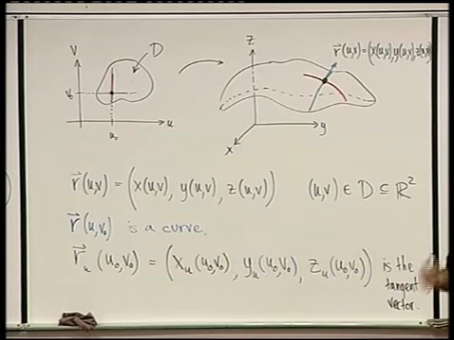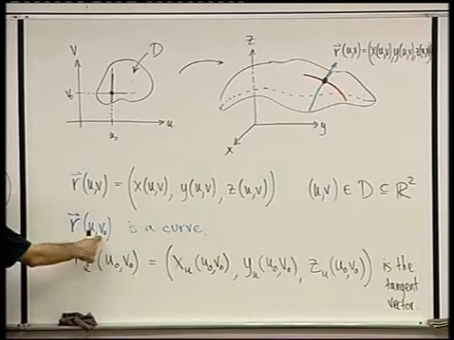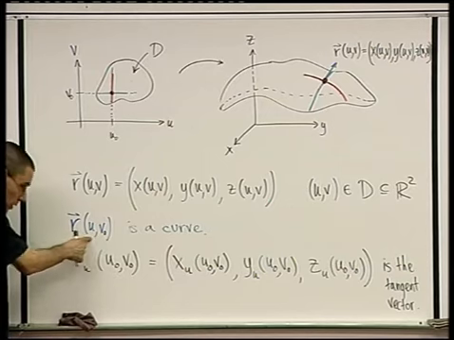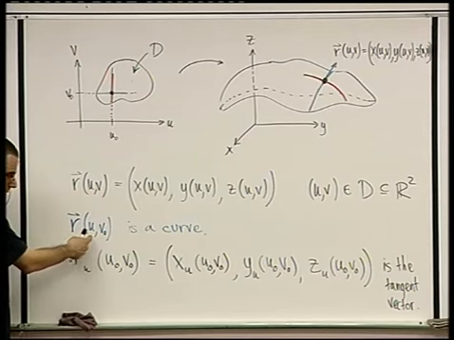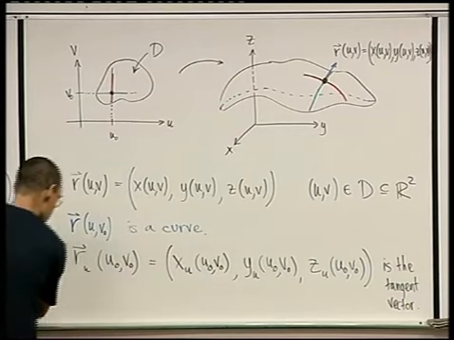Does everybody agree? This is a curve. V0 is just here to confuse us. It's fixed. It's no longer a parameter. The only parameter is U, so it's a curve, and this is the parameter. And the derivative is just take the derivative of each component with respect to that parameter. Okay? And similarly,